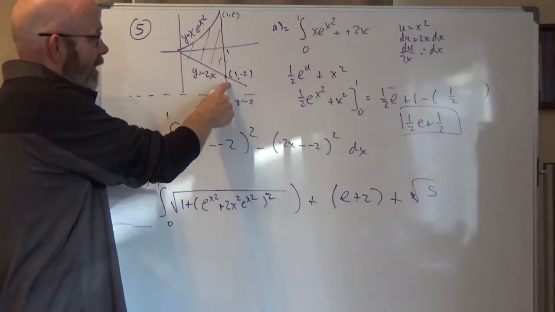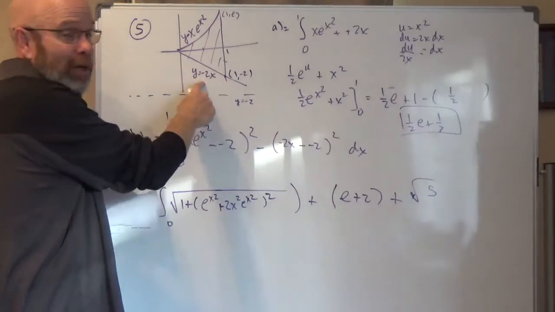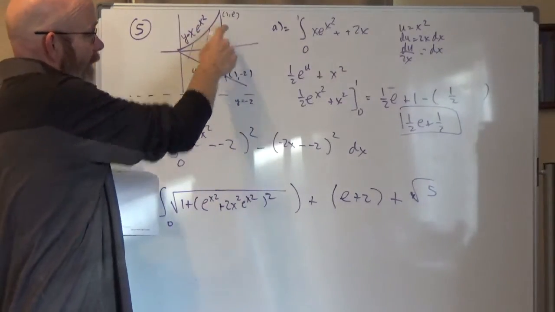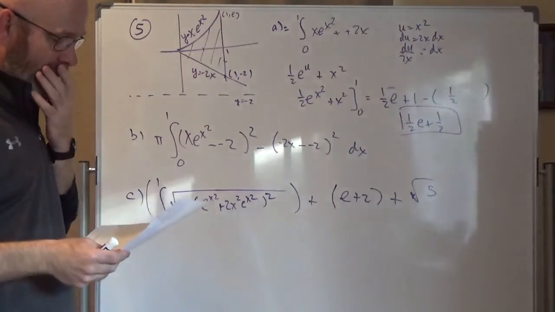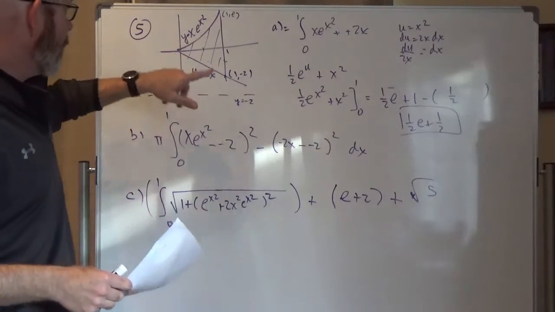So this point of intersection right here is (1, negative 2). Just plug 1 into that. Plug 1 into this, you get 1e there. The first question was to just find the area of the shape. So the area is just